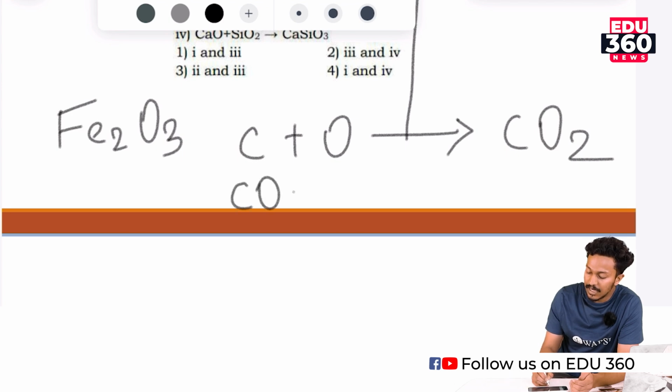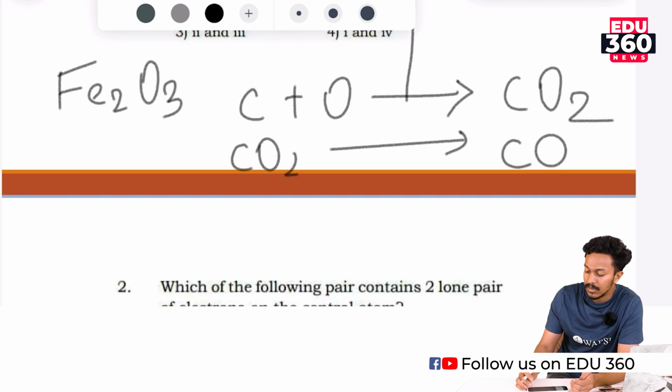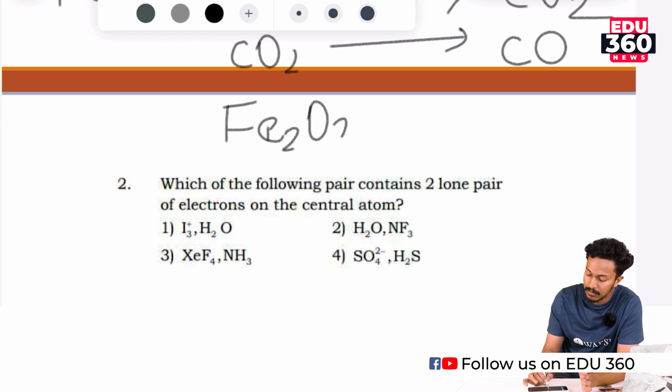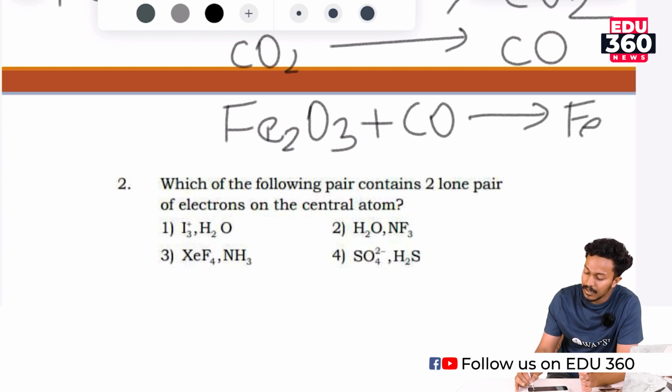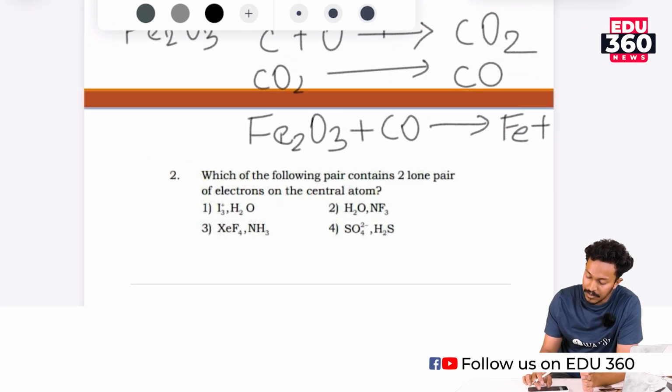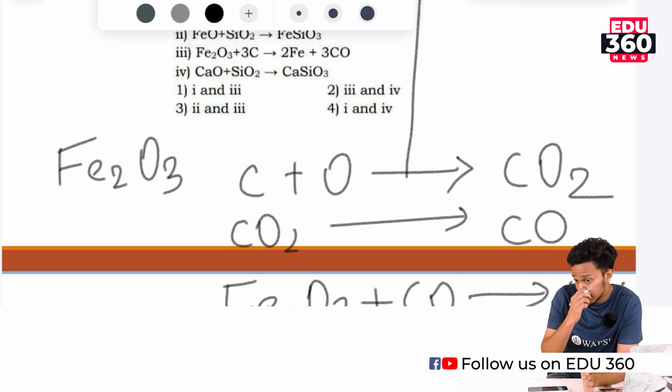This carbon dioxide is again reduced to carbon monoxide. This carbon monoxide is used to reduce the ferric oxide to iron. That is the reaction we are going to discuss here. See, here Fe2O3, on treating with carbon monoxide, we get Fe along with CO2 and other products. Okay, and the additional reaction we use in this blast furnace is the